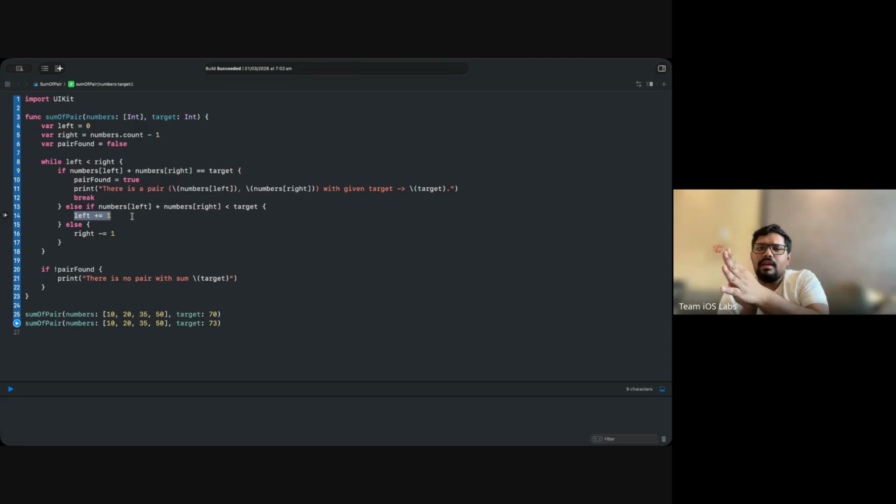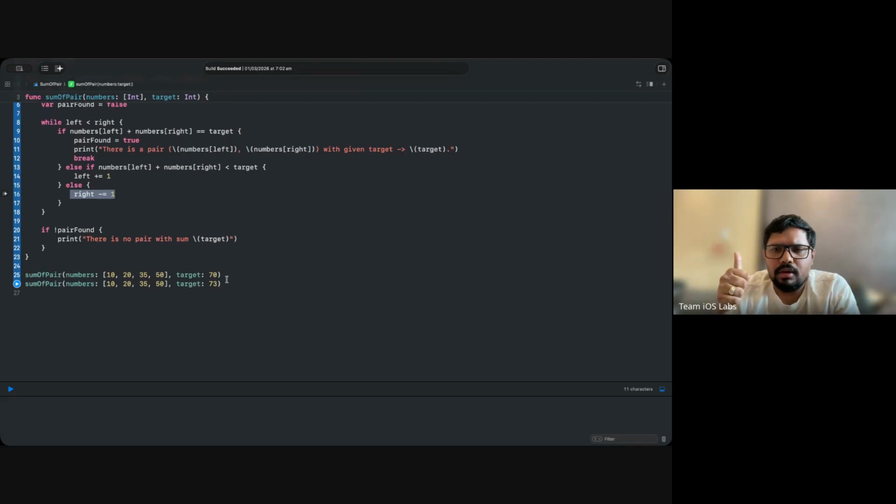And if your current sum of the left and right pointer values is greater than your target value, then you want to decrease your sum, so you decrement the right pointer to get smaller elements, because it's a sorted array.